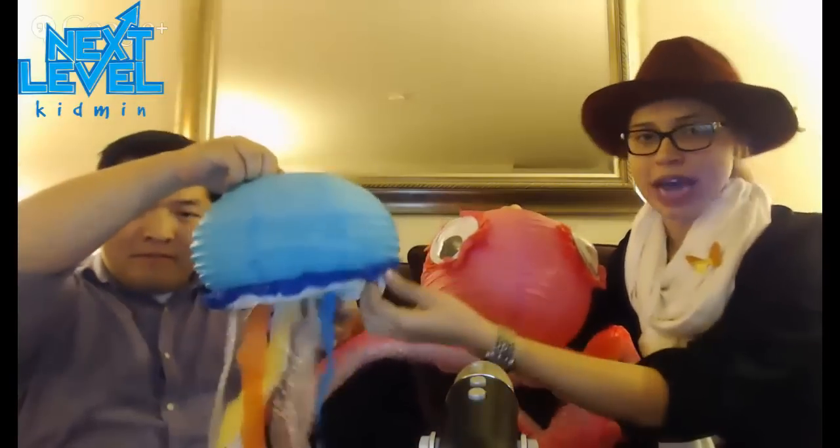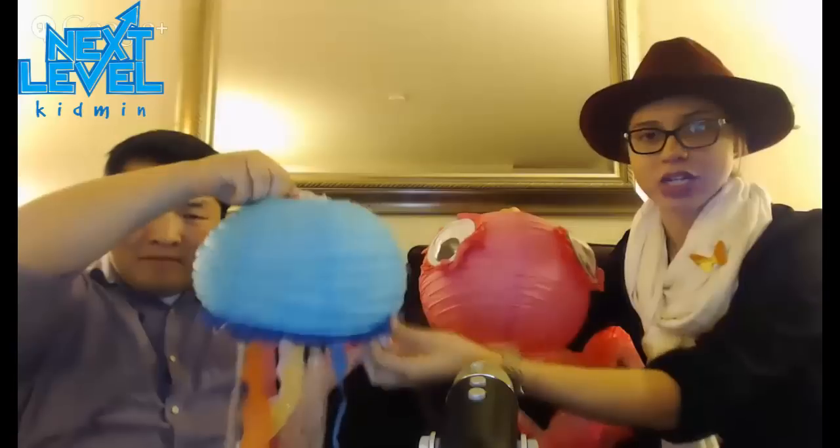The jellyfish we actually cut in half, so we were able to make 2 jellyfish out of one. And I think we kind of should have left them as one, because they don't keep their round shape as well. But with the octopus,